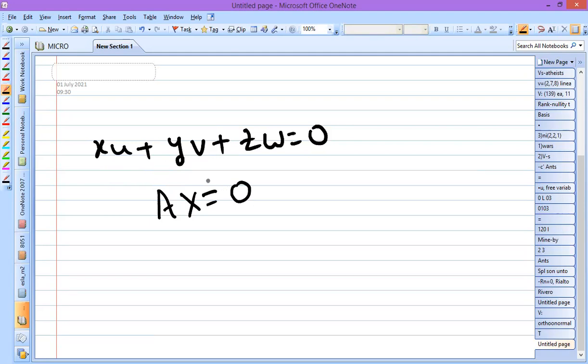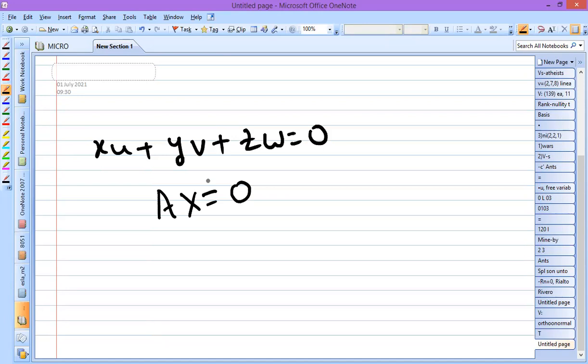So here get the rank of the matrix, and after getting the rank of the matrix, you can say whether the solution exists or not. Suppose if the solution exists, then we can say that U, V, W are linearly independent and they are going to form a basis. So the question is, we need to check whether U, V, W vectors are linearly independent and whether they are going to form a basis. So we need to check whether it forms a basis, and check whether it is linearly independent.